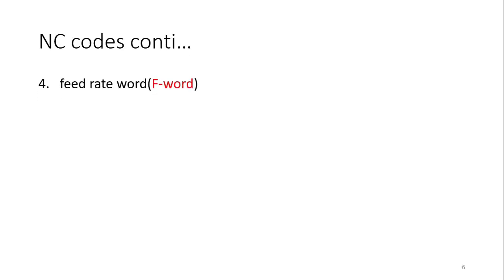Then we are having the feed rate. Whenever you are writing the feed rate, you need to put F. Along with F, you will give the numeric data, like you want a feed rate of 80 mm per minute, 50 mm per minute, depending upon your product. So you will write it down along with it.